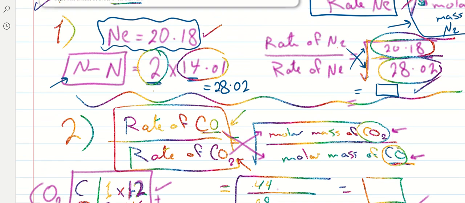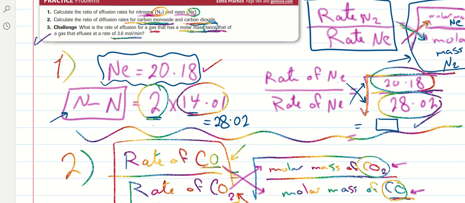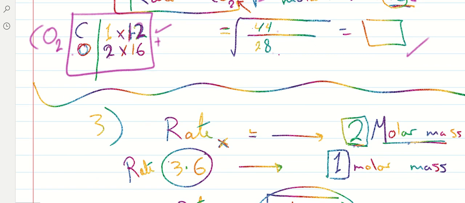The challenging question, let us read it together. The challenging question says, what is the rate of effusion of a gas that has molar mass twice the gas that has a rate of 3.6? I have the rate of gas X which I don't know, but what I know is its molar mass is twice, means double, means multiply by 2. The other gas has rate 3.6, and I will give the molar mass for it as 1. I will suppose it is 1. Okay, so